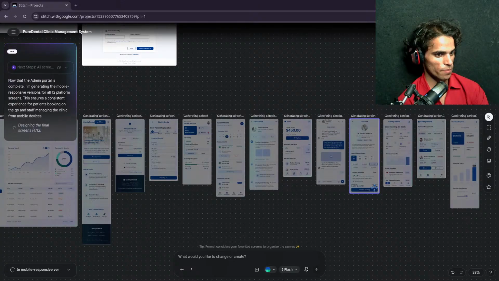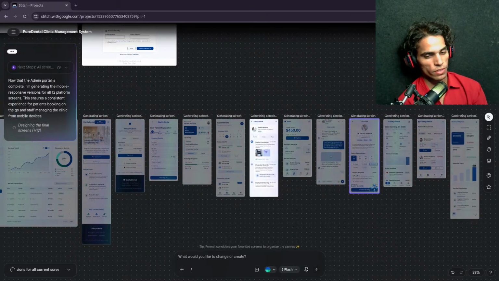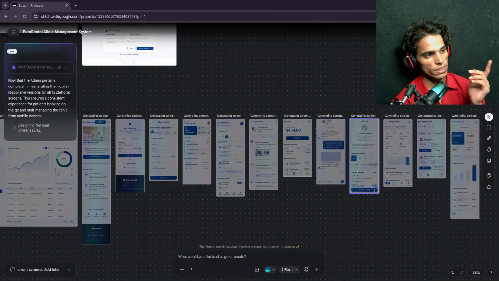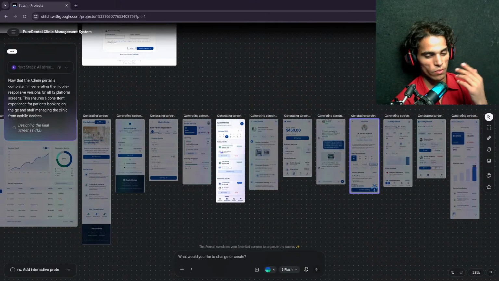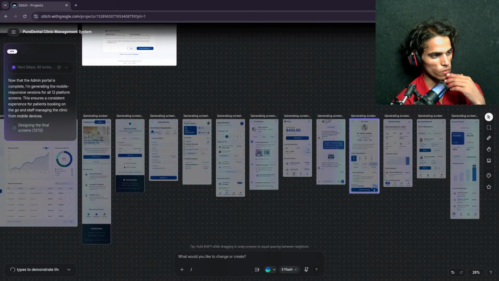Great. So we are going to continue right now, and first we will design the mobile design. We will go mobile first, and then we will design for desktop.